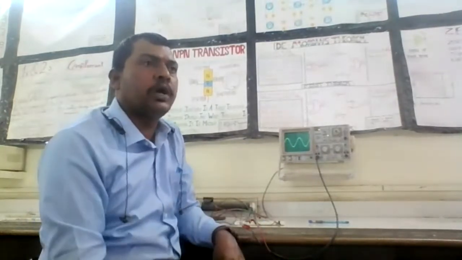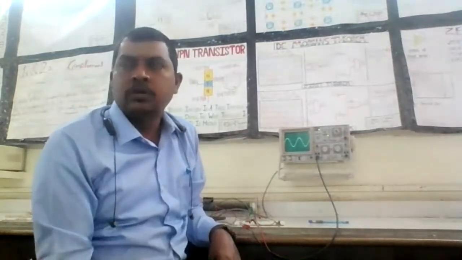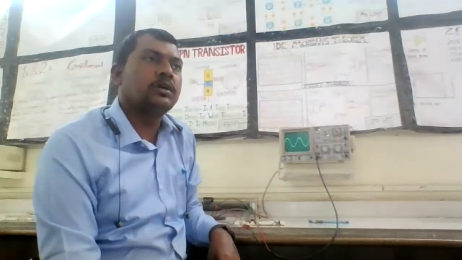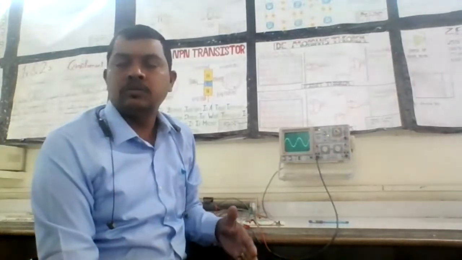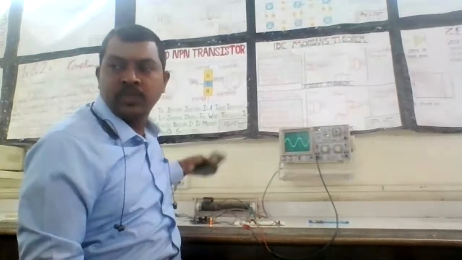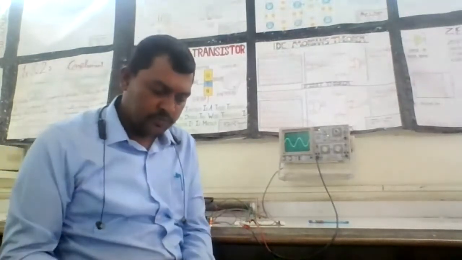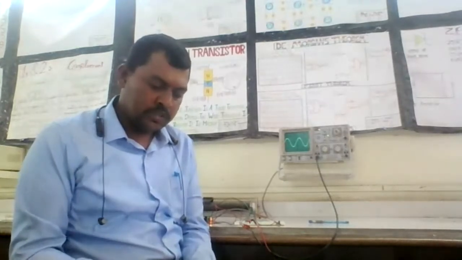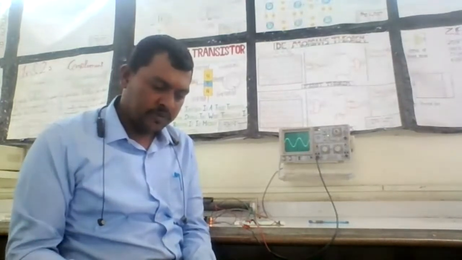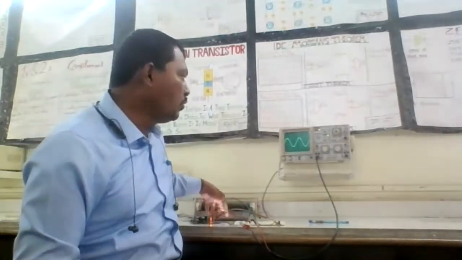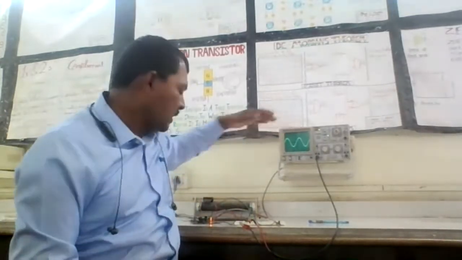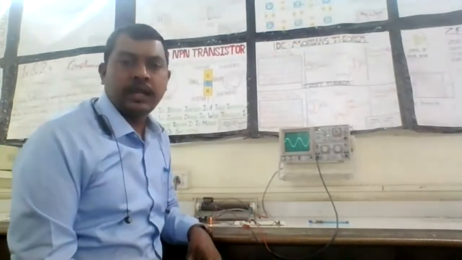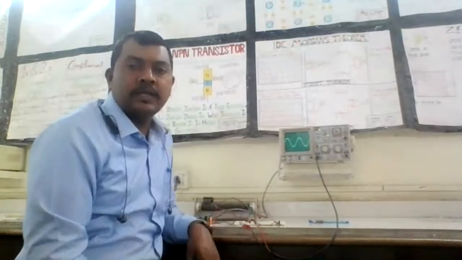And if you do 1 by 0.5, it will be around 10 raised to the power minus 3. So 1 by 0.5 means approximately, we can calculate it. How much is it? 1 divided by 0.5, that is 2. So around 2 kilohertz frequency we are getting over here. And we have done this for say 2 kilohertz frequency. The Wien bridge oscillator is designed for that. So this circuit works as a Wien bridge oscillator.